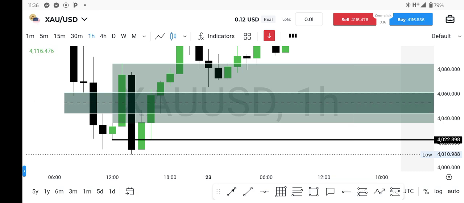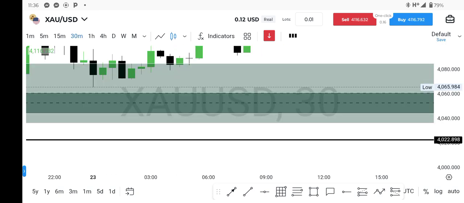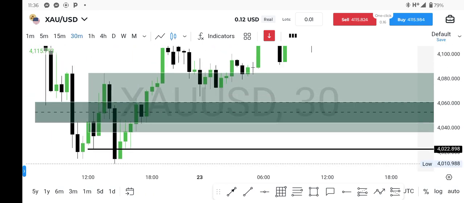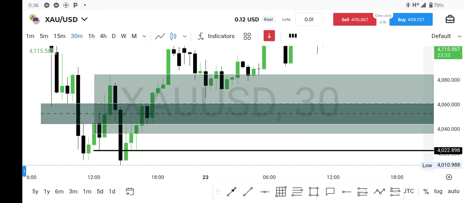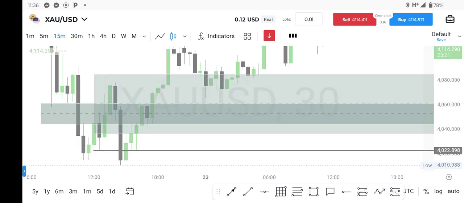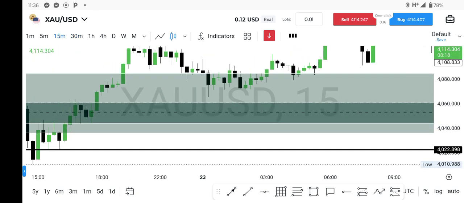So you go to the 30 minutes time frame again and see whether you will see a fair value gap there. You see a confluence. The fair value gap will map out here. Do you see what it has resulted to in the 30 minutes here? Then you go to the smaller time frames.